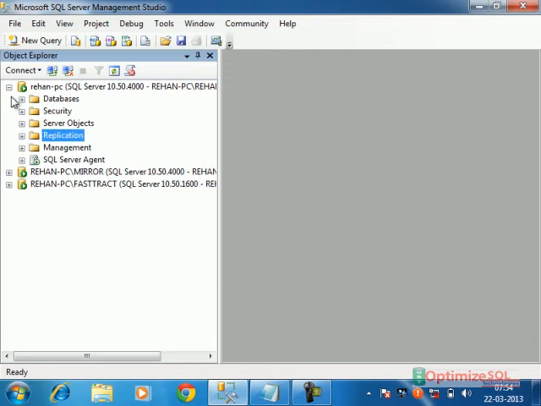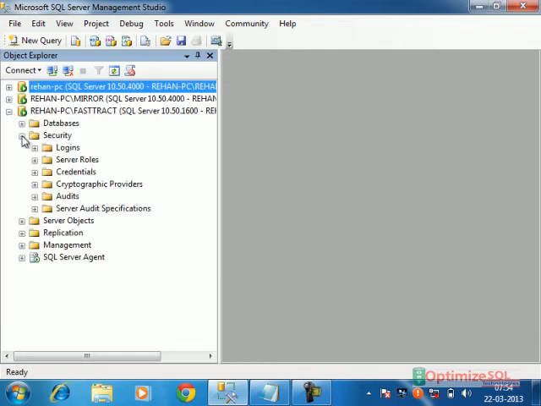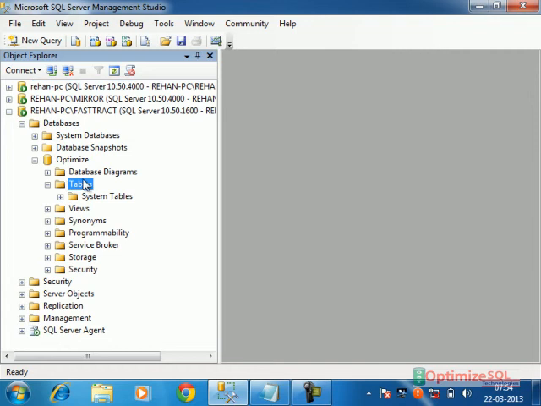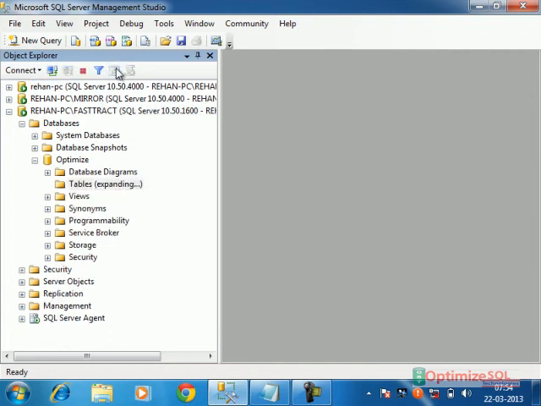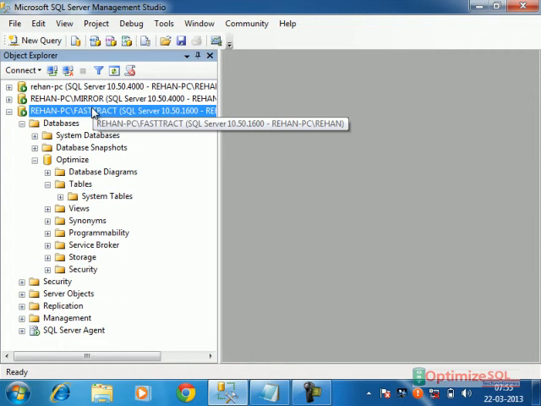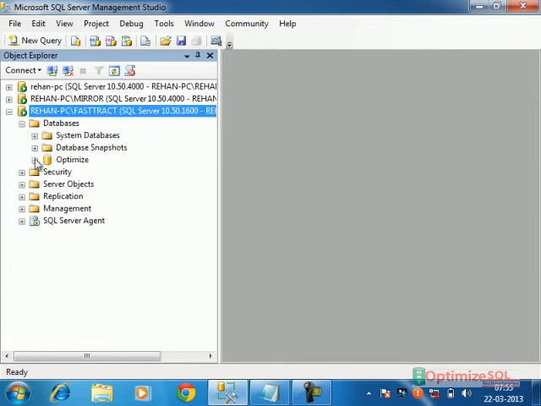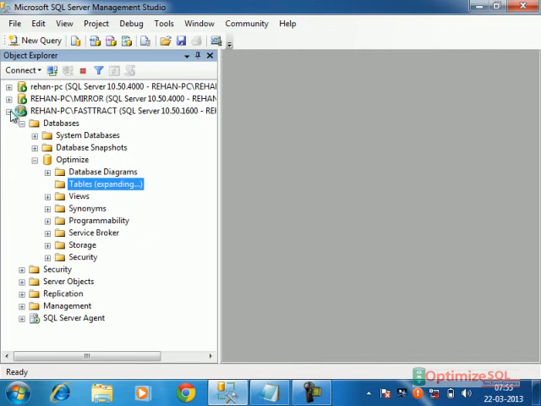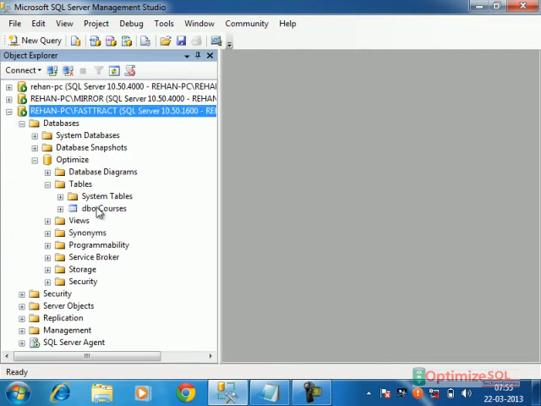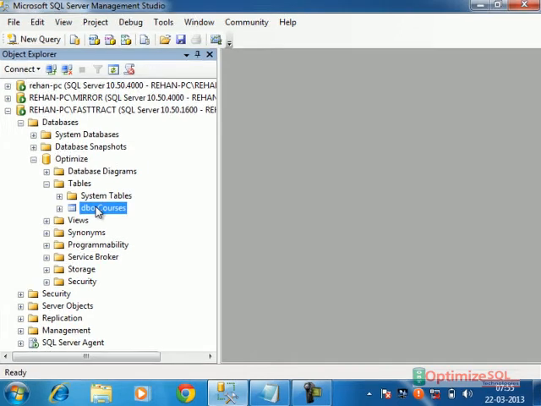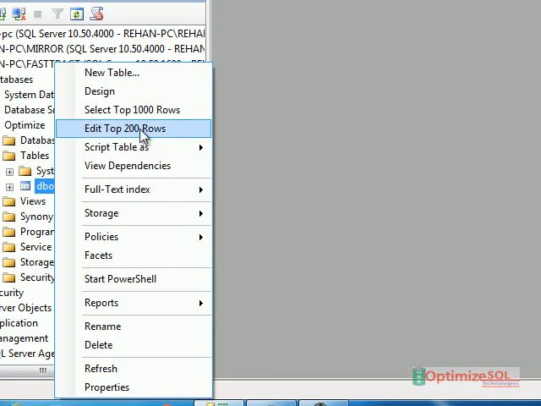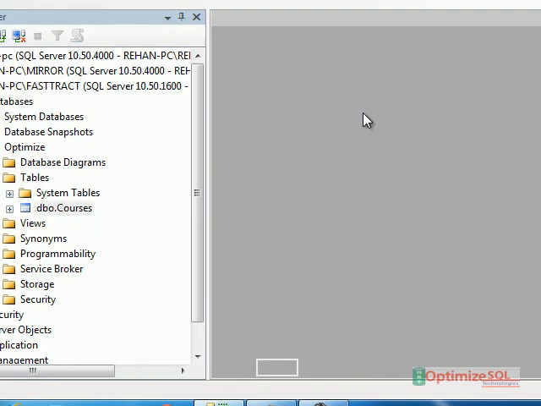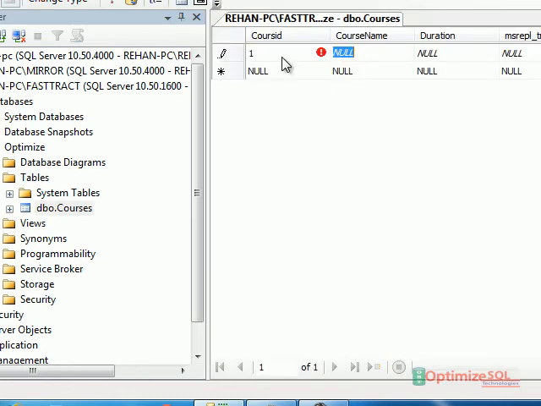Okay, now check here in the subscriber. Still not applied. Check whether the snapshot is ready or not again. Now it is applied. Suppose I make changes in the subscriber. This last column is an auto generated column.